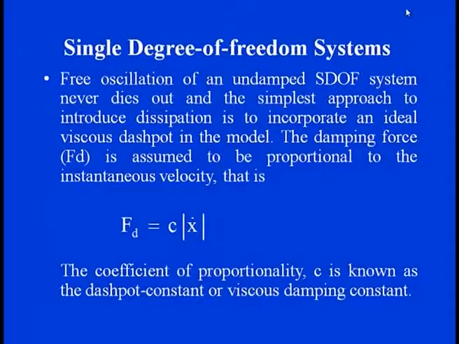So, if we are talking about the viscous force, it is nothing but equal to c into velocity, and the coefficient of this proportionality for the linear propagation is known as the dashpot constant or viscous damping constant. So, in other words, we can directly adopt the coefficient and the velocity, when we know that the damper is only valid in one coordinate system